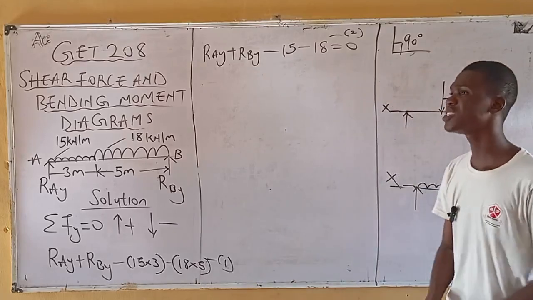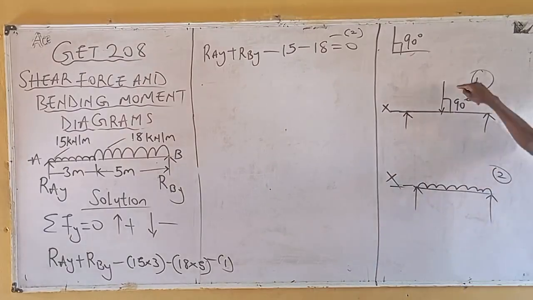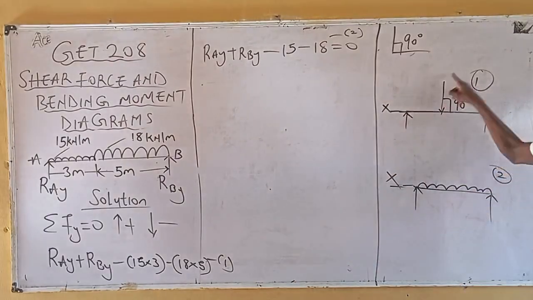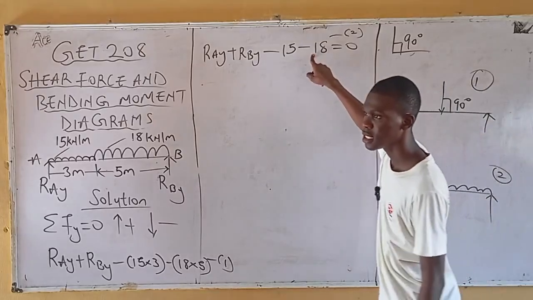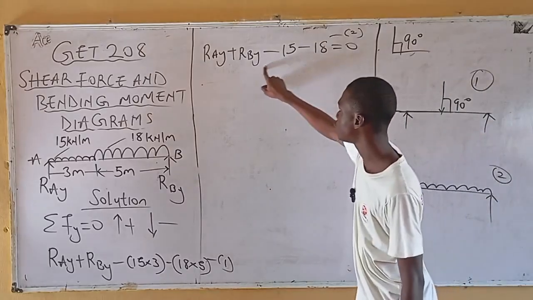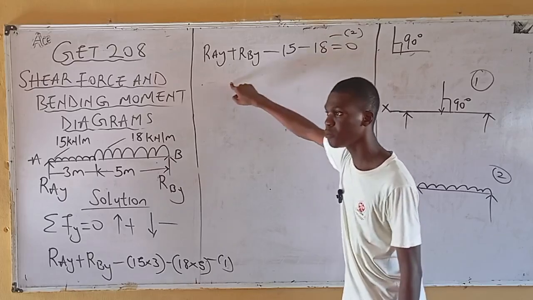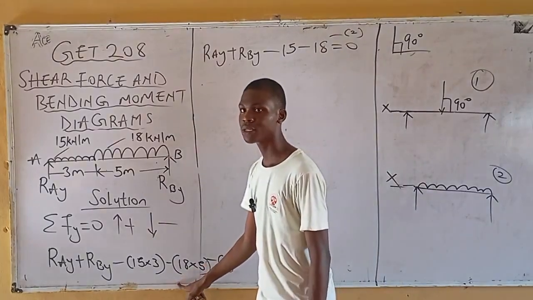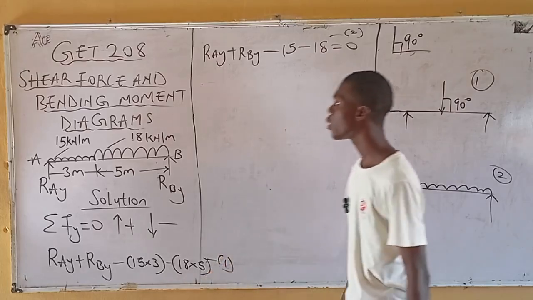Why is 1 correct? We said that from here, this must be converted to this, just because this must act at a right angle, meaning 90 degrees to the axis of the beam, right? If you take this, you are not following parallel to the beam, you are not following the definition of what a beam says. But following this, you are following the definition of what a beam says. Now from here, when converting,